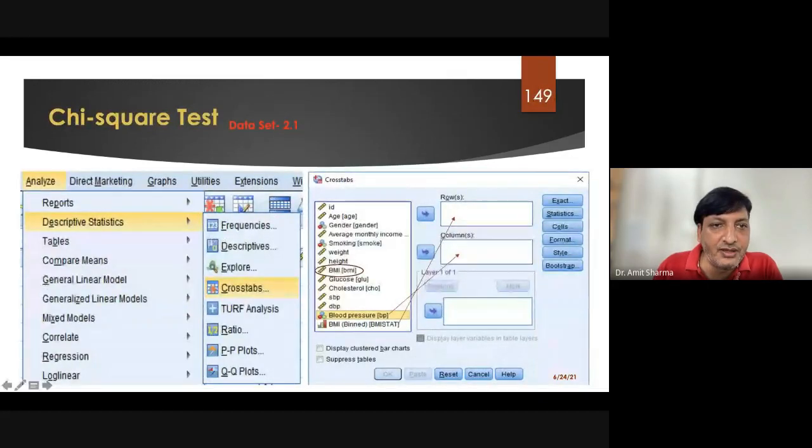In SPSS, you are not going to find any term called chi-square. You have to remember that crosstab is the command, and the route for that is different. You have to go to Analyze, then Descriptive Statistics. Descriptive Statistics is where you go to apply the chi-square, and under it you are going to get an option called Crosstabs. So you can note down that Crosstabs is the command for the chi-square test.